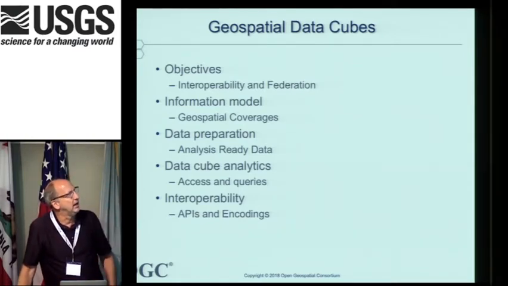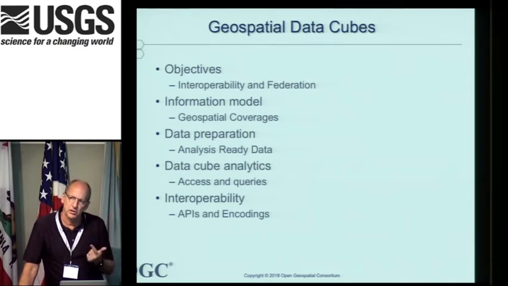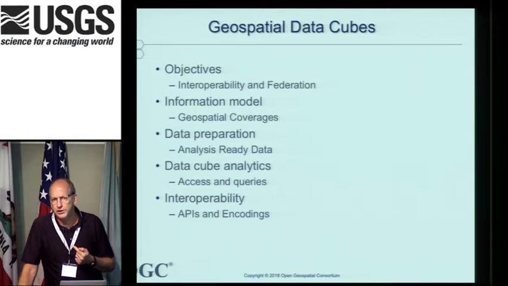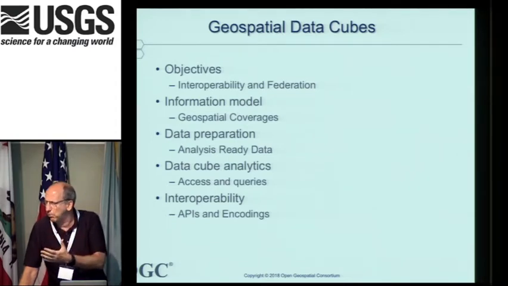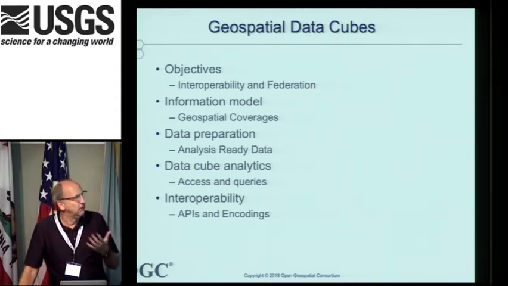And so why do we care? We care about interoperability. We've also talked about federation, so that you'd have multiple data cubes, different regions, different purposes, and yet they would still be able to create some value through federation. And that would include things like naming, so that if you go to the different data cubes and ask for a product, you'd get the same value, the same geophysical parameter. I'm going to talk about the information model, which is based on what's called coverages, in particular geospatial coverages. I'll talk less about data preparation